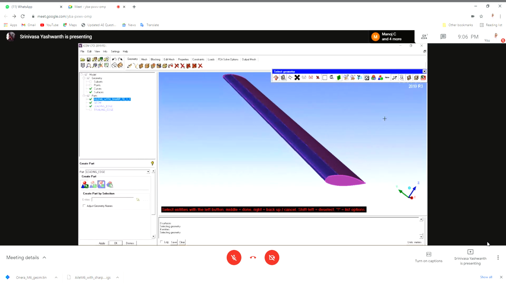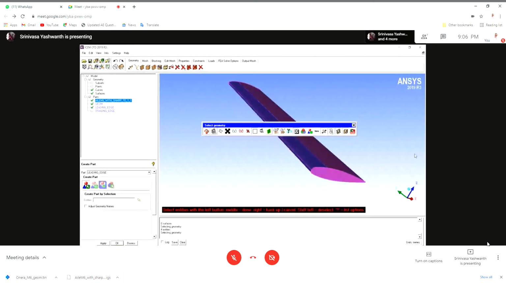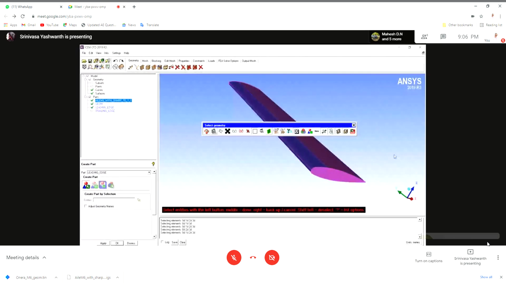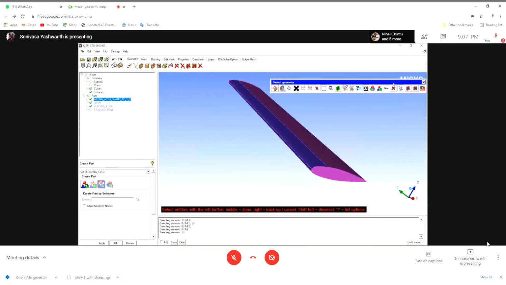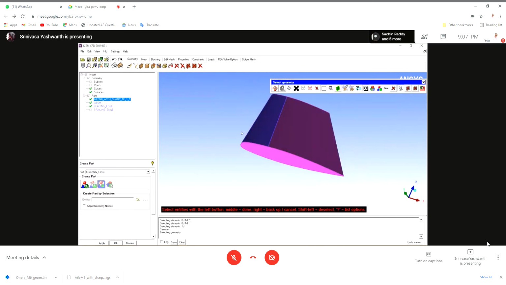So, if you can't select a curve properly, if you can't select any entity properly, so when you get an option to select the geometry, you get this dialog box. So there are a load of options here. So mainly you'll be using these four options at the end. So this is to toggle the selection of bodies. This is to toggle the selection of curves, and this is to toggle the selection of, okay, this is surfaces, and this is curves, and this is points. Okay. So now since we want to select a curve, we will use that. We'll add this to the leading edge.